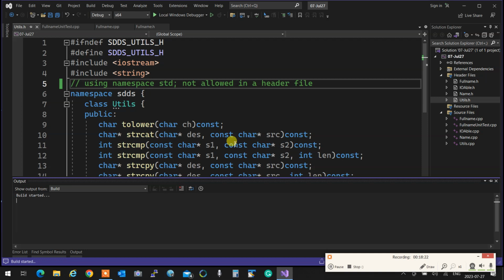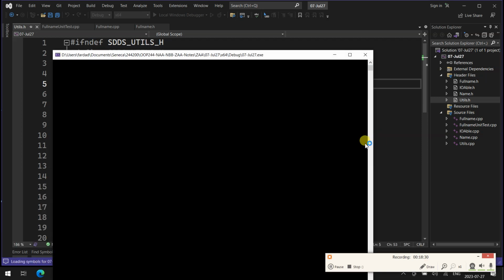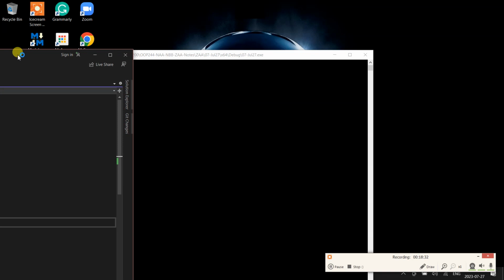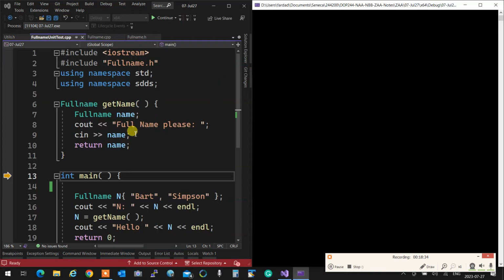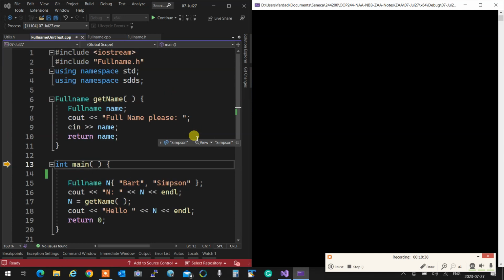So when the program runs, walking through the program, we will see that. Can you see this at the end of the class with your binoculars? All right. So when the program starts,